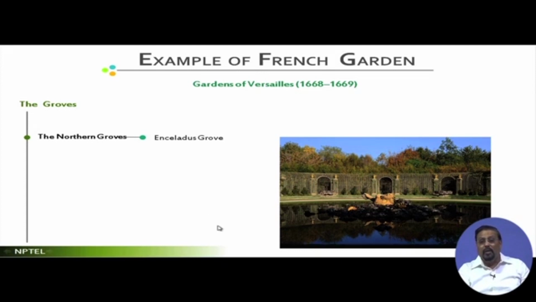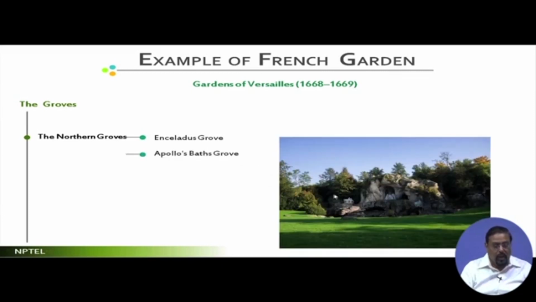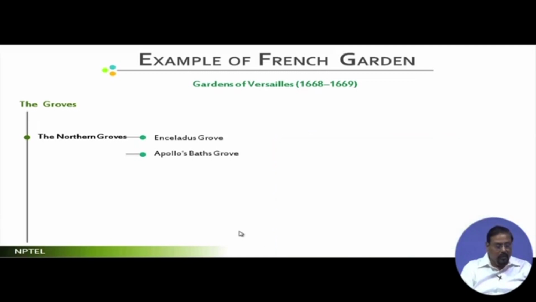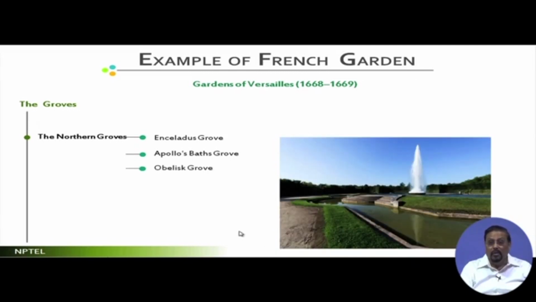So, the examples that we found in Versailles are the Enceladus grove, the northern groves, and then we have the Apollo's Baths grove, then we have the Obelisk grove. In this Obelisk grove, you will find that the vegetative grove is here, but this particular fountain, a very tall one, resembles an obelisk. Obelisk is a kind of structure that we do have. If you see any such structure which is above the ground, standing upward, it's an obelisk. So, it's the Obelisk grove, and then we have